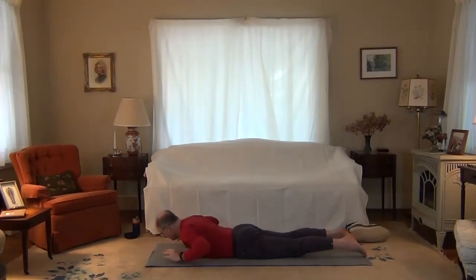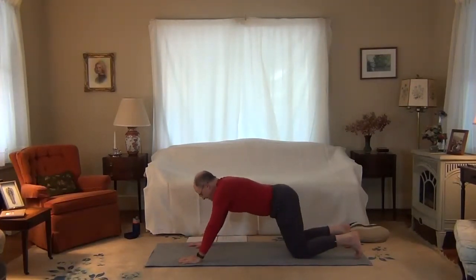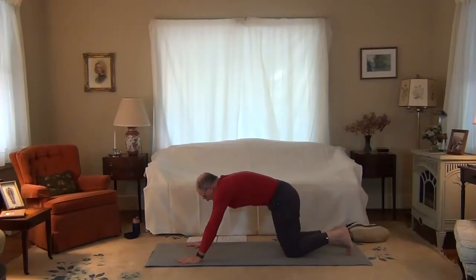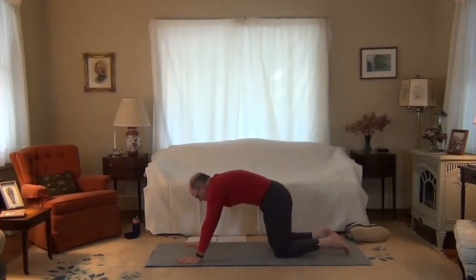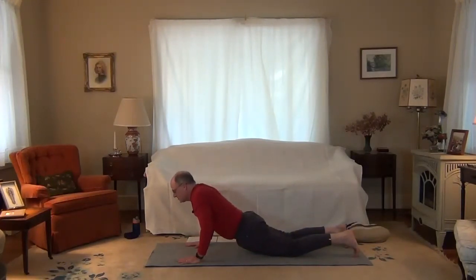And release, hands down. You can just push up into table pose. And into cat pose, where we just arch the spine like an angry cat for counter stretch. All right. Now, come back down with the hips